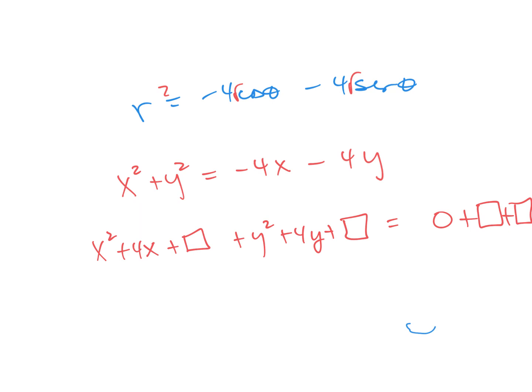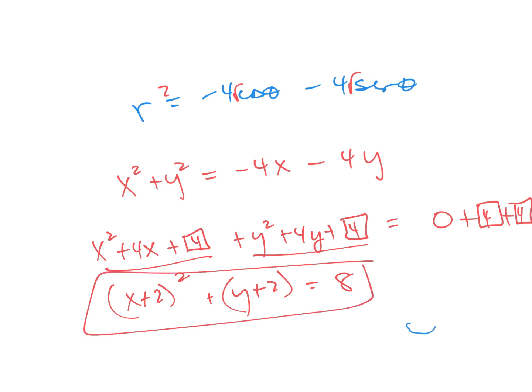And it's the same box. 4 divided by 2 is 2, squared is 4. So all these are 4s. So now you have x plus 2 squared. That's how you factor that. Plus y plus 2 squared. That's how you factor that. Equals 8. And we're done. There's a square on the y plus 2 squared, yes. So how do you know if there's